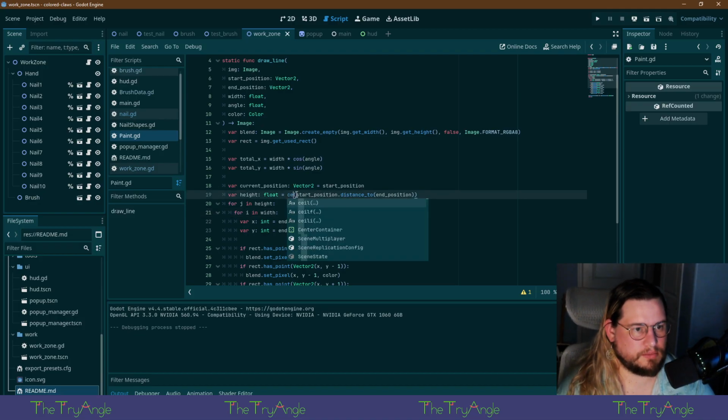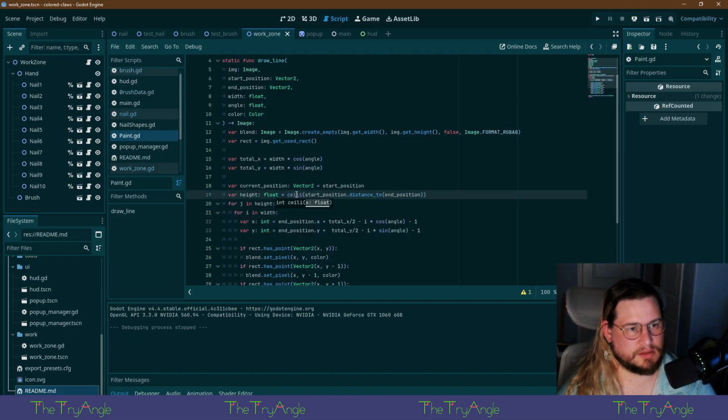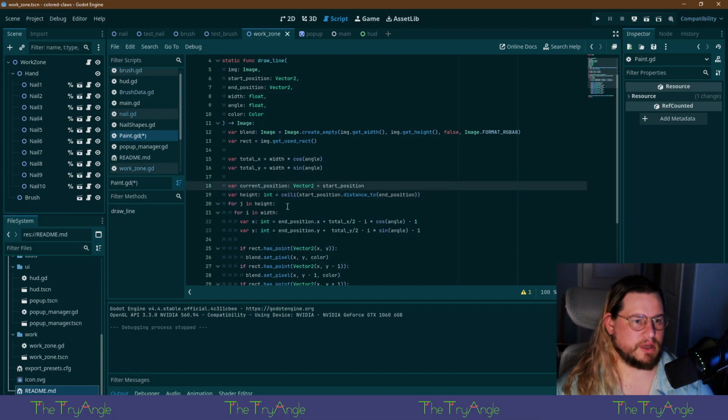Actually, we'll do the opposite. We'll do ceiling. And our height should be an integer.